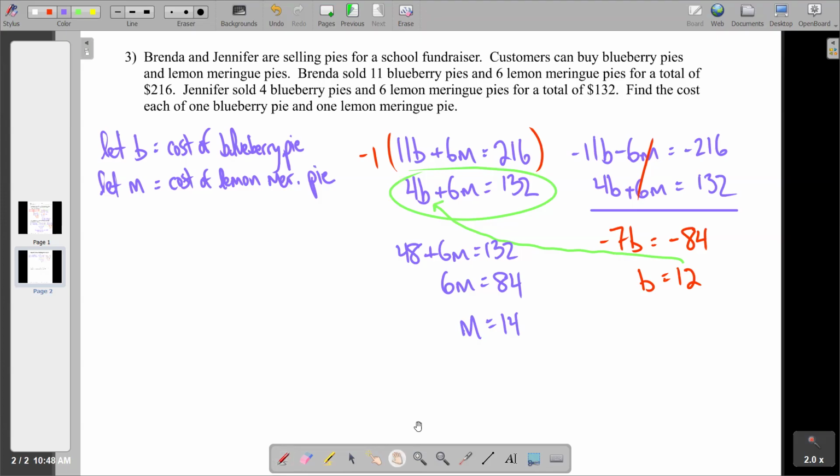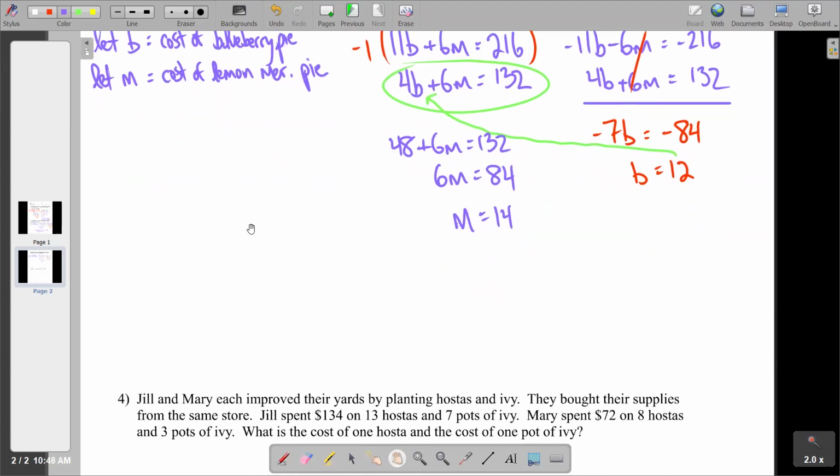So again, we would complete the process by writing a sentence or two. If you don't like those, your English teachers may not like my run-on sentences. Compound sentences. I don't know what those are called when you do 2 sentences with a comma and. Yeah, an English teacher might get mad at me, but I like them, so I'm going to do them. So I'm going to say a blueberry pie. How much? 12 bones, comma, and, oh boy,